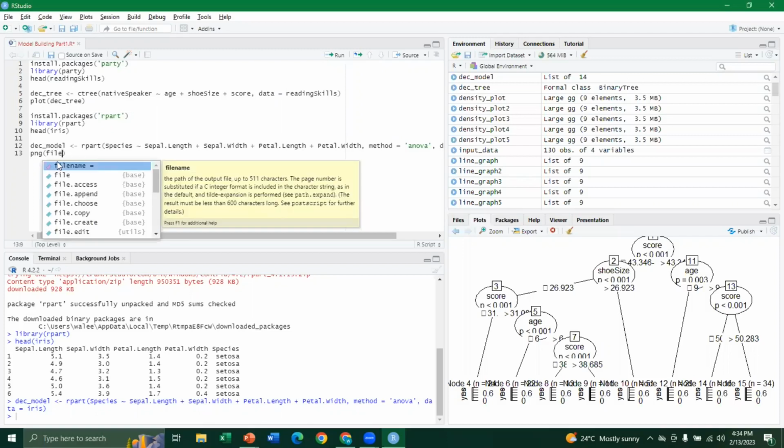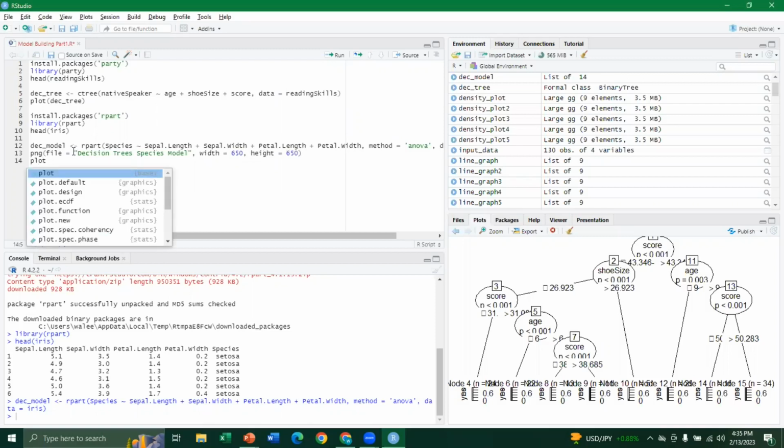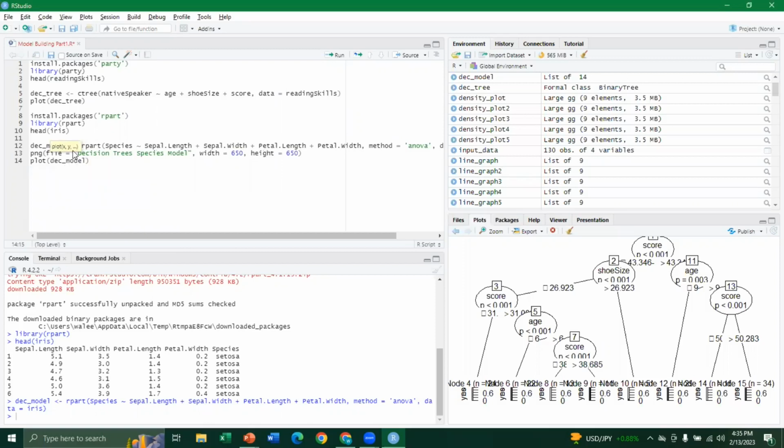Let's say PNG file equals decision trees species model, and the width equals 650 and height equals 650. And now I say plot, decision tree model, and I use the parameter uniform equals true,